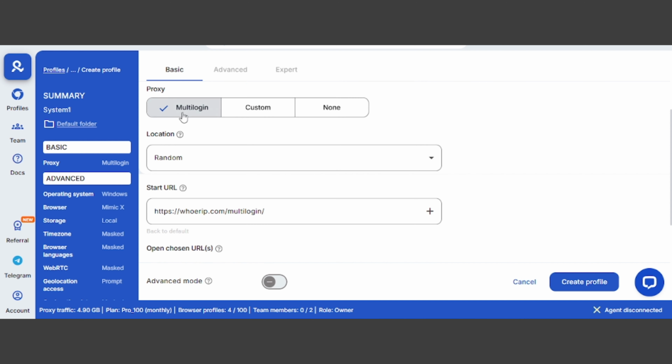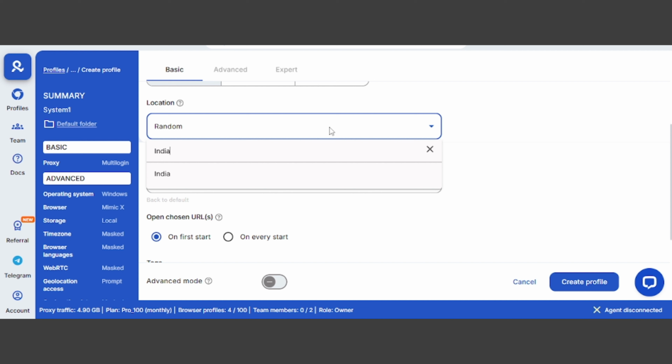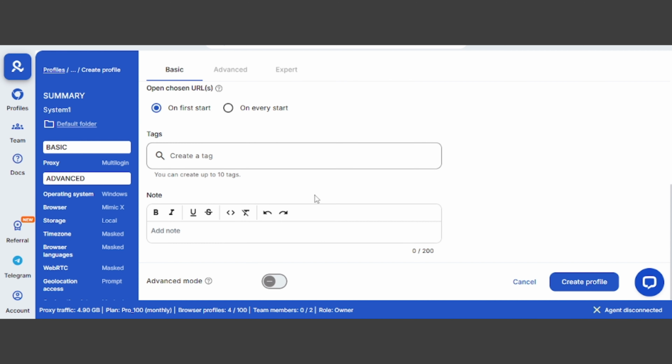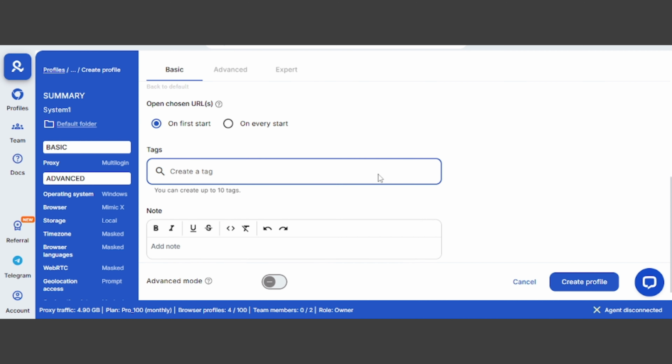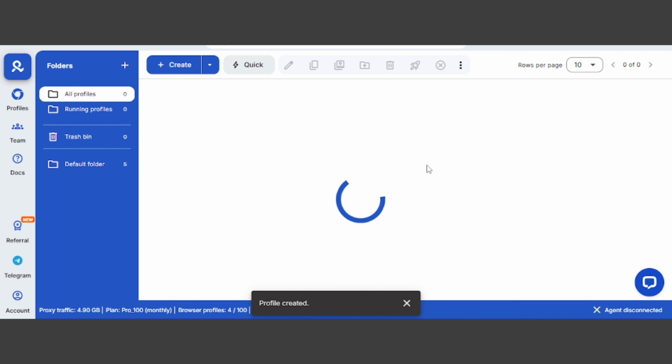I'd say leave it as it is when you are starting, and leave the location as random, or I suggest you choose your own country. Then you can create a tag, which is just a basic category. If you are creating multiple profiles, it will be easier to categorize them with these tags. Then just click on create profile.